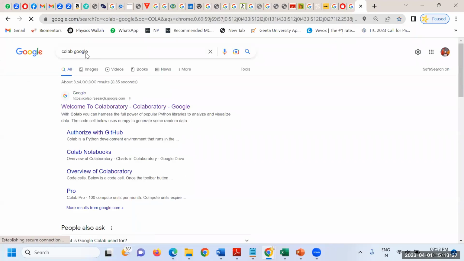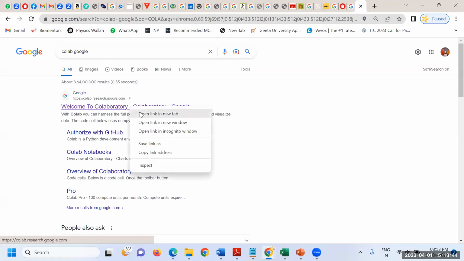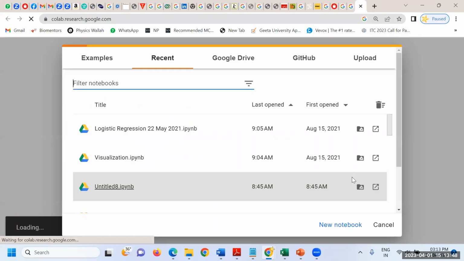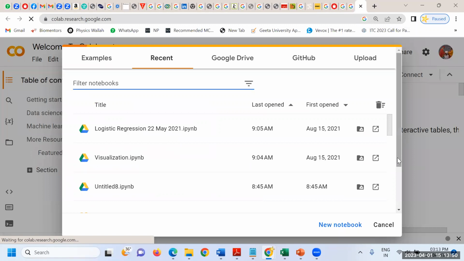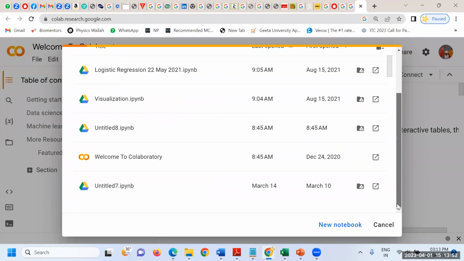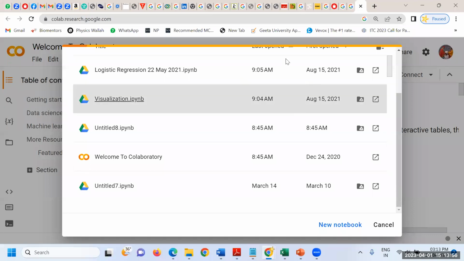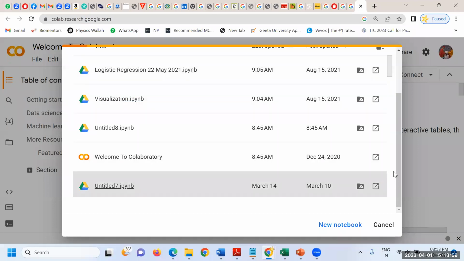Yeah, the very first link, the moment you write Colab, the very first link is colab.research.google.com. The very important point for this Google Colab is that you're not supposed to bother about the libraries and packages. All the packages are inbuilt because it is on the cloud itself. So you're not supposed to bother about pip install and the name of the package.